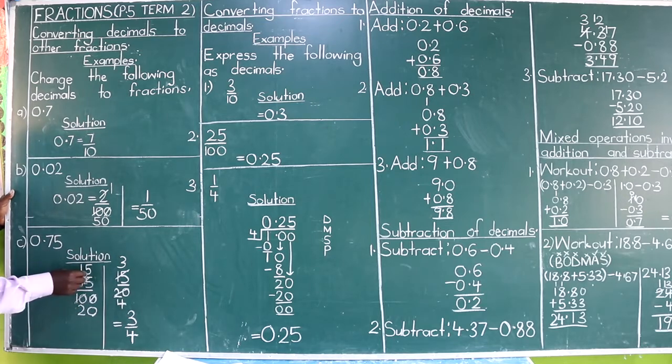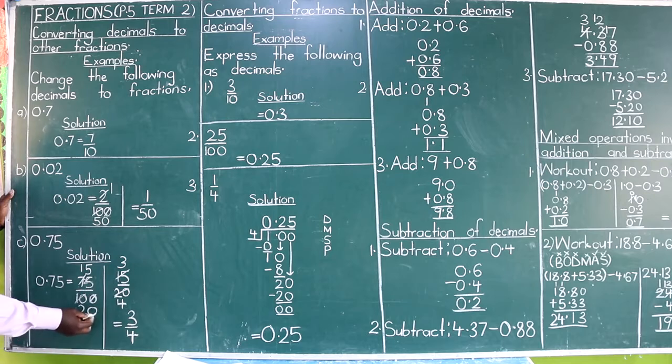I repeat, 7 divided by 5 is 1, remainder 2. 2 is written near 5 to make 25. Now 25 divided by 5, you get a 5. Since we chose to divide by 5, we also break it down at the denominator level, so that 10 alone divided by 5, you get a 2, and 0 divided by 5, you get a 0. So we write our 15 out of 20 as the outcome there.